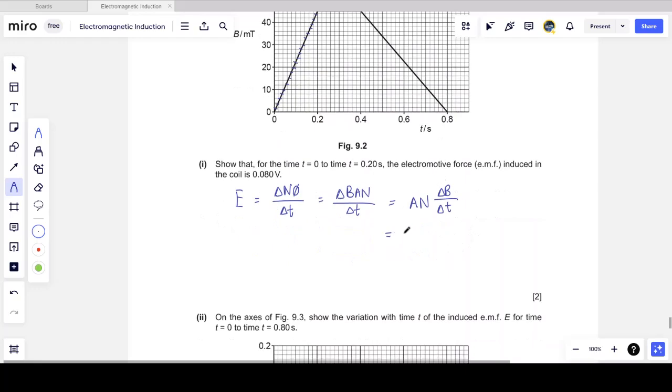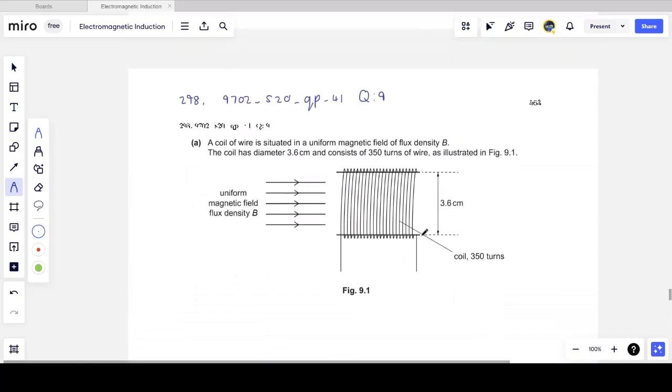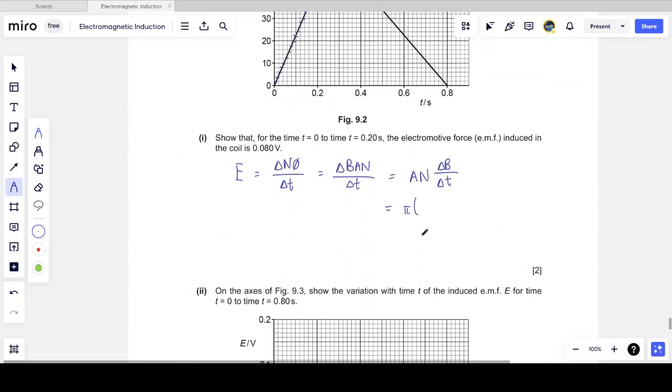Now the area is circular, pi r squared, pi times the radius. I'm not given the radius, but I am given the diameter. Guess what? If I divide the diameter by 2, I get the radius. Don't tell anyone. So this is pi times the radius 0.018 meters squared times the number of turns, which they give me as 350,